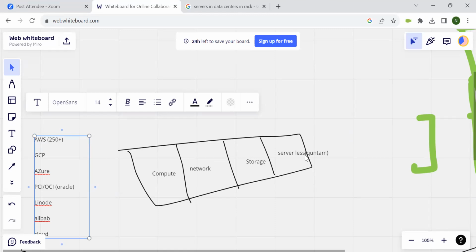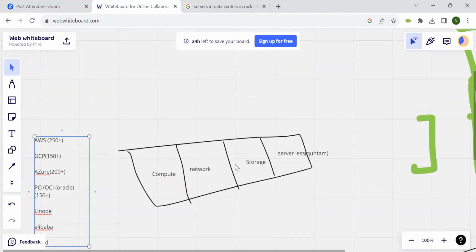Basically, what I want to tell you here is that each cloud vendor provides different kinds of services. Azure has almost 200 plus services they are offering. OCI is also near 150 services. And Linode, I don't know, but I have recently heard about these Linode cloud services, and Alibaba, and a lot of others are providing many services here.